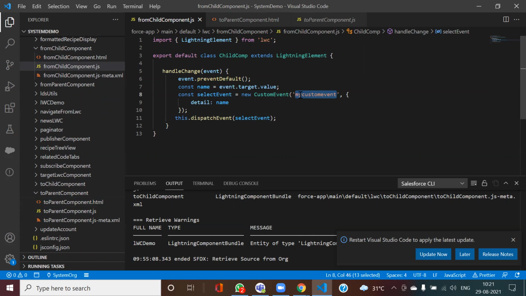So in case of parent to child, we were using this dot template dot query selector. In case I need to do the same thing the opposite way, and from child I need to fire an event that should be handled by parent, there you need to dispatch the event. So in dispatching the event, this is how you define an event. Inside that, you need to define what should be the name of my event and what values I need to pass. So here, if you see, I am passing this constant name and I am passing to this variable detail here. So now on parent, how it's being done.